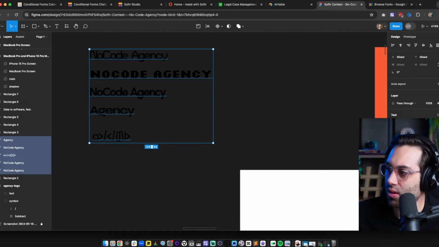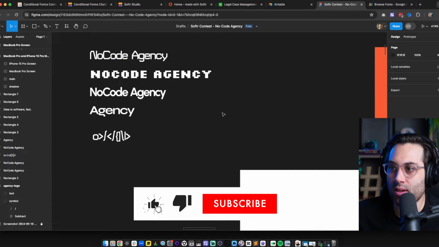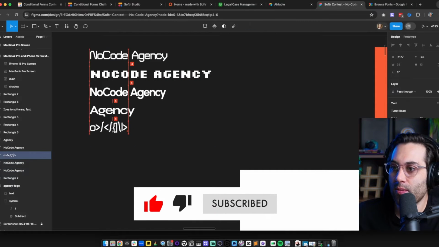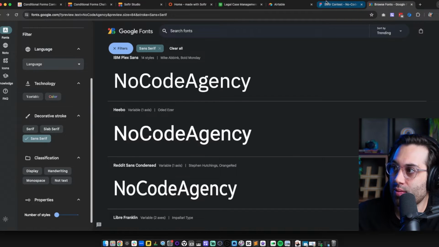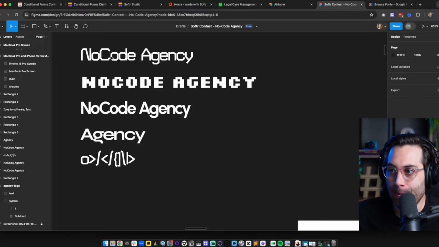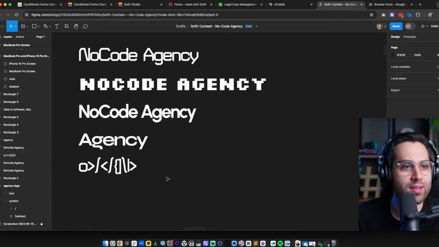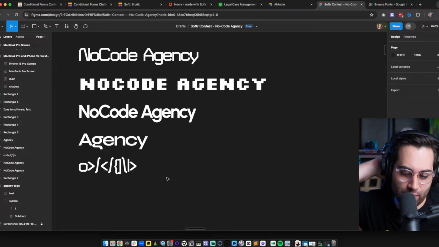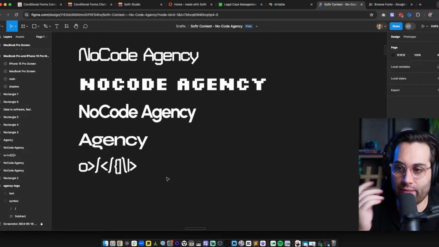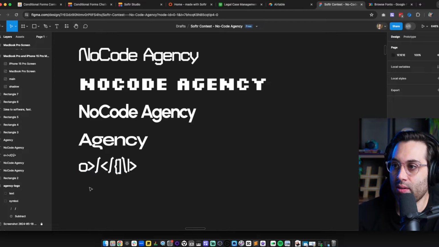Let me just change the color so you see. I just went to Google Fonts, this website here. You can use it to browse fonts and find free fonts. And then I selected just a couple of fonts that I liked. Of course, this process would take a longer time if done professionally, but I just wanted to show you guys how this process works. So I just picked a few fonts, and then from the fonts that I picked, I